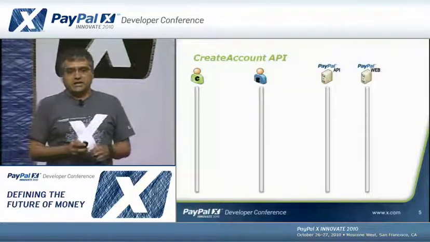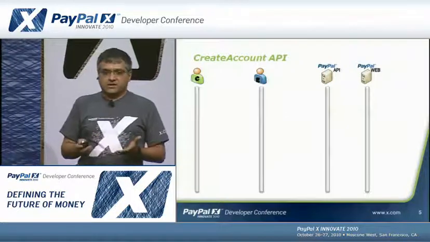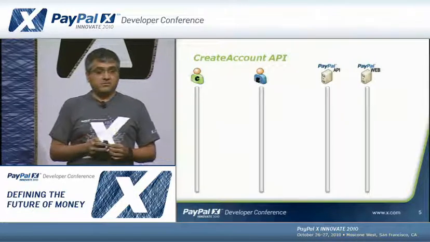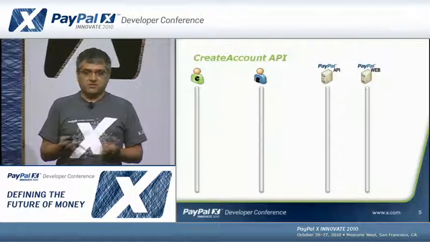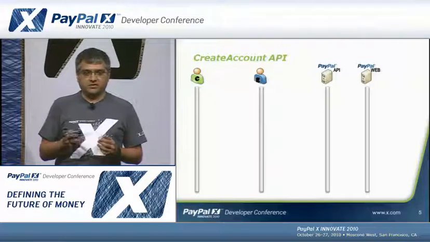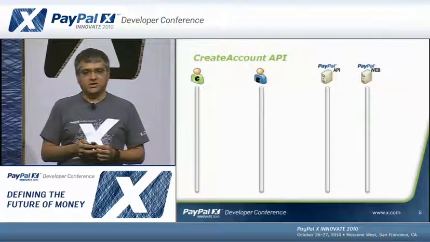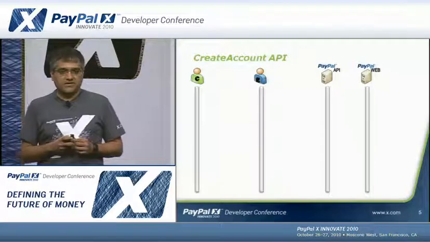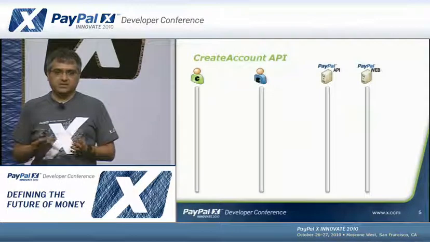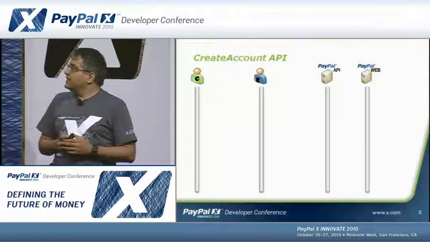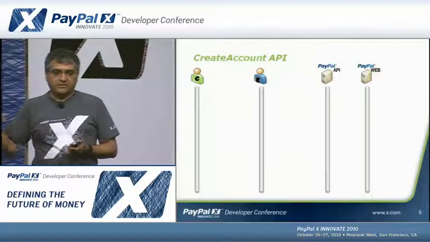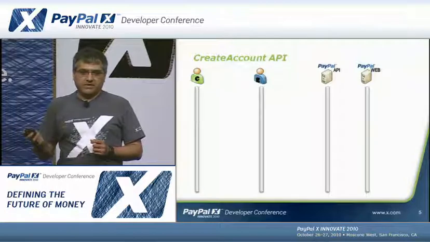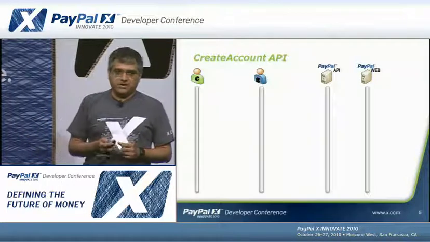So starting with the Create Account API. This is our core API. As Arun mentioned, its prime function is to enable you to create PayPal accounts as part of your business. One of the concepts being, if you're about to lose a sale because someone doesn't have a PayPal account, this API will let you create the PayPal account right there and then and complete the sale, basically. Looking at a slide here, we have the 4 players on top, leftmost starting with the API caller. Next, the end user, the API endpoint, and then the website.